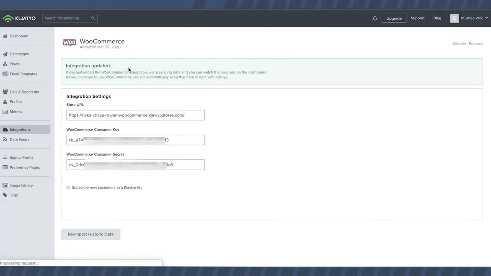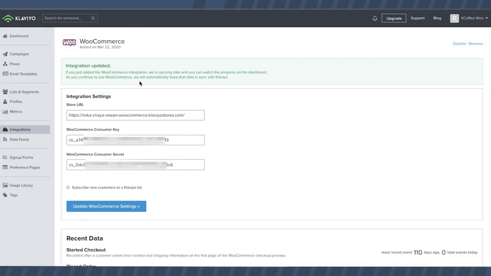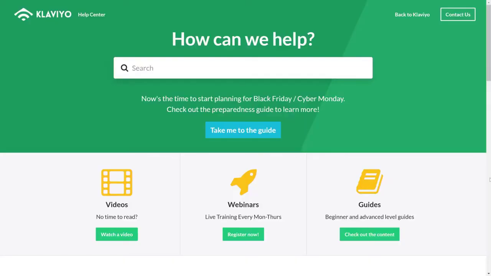Now click to connect to WooCommerce. Within a few minutes, your WooCommerce data will begin to sync with Klaviyo. And you're finished. You've officially enabled the Klaviyo WooCommerce plugin, enabled the integration, and added a functional marketing opt-in checkbox on your WooCommerce checkout. To get the most out of